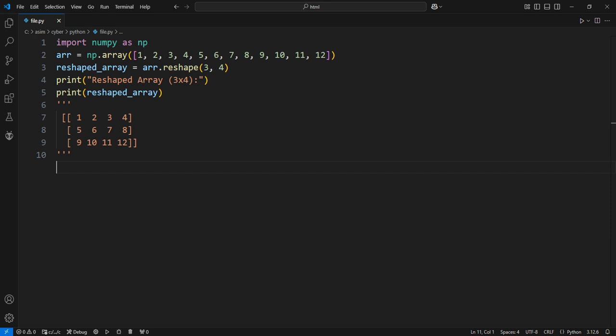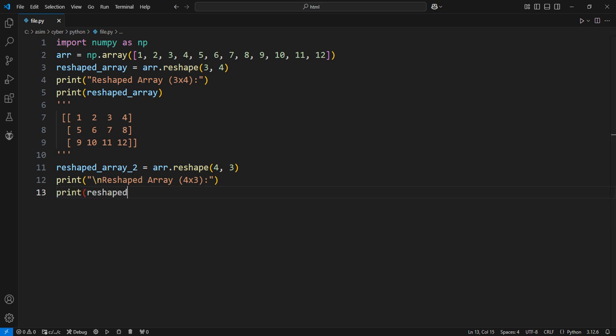Now, what if we want to reshape it into 4 rows and 3 columns? Let's try that. This will print the reshaped array with 4 rows and 3 columns. Output will be